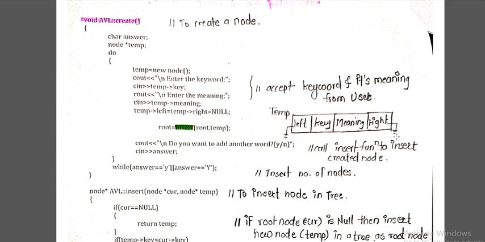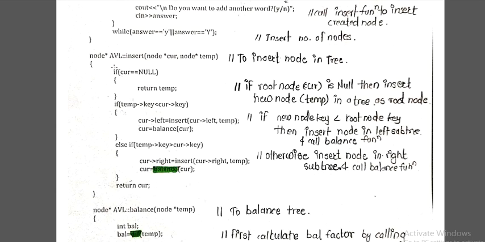Here it is mentioned as null, and after creating that node we have to insert it in our AVL tree. So we call the insert function. You can see that the insert function is called here, where we are passing the root and the temporary node that we have created. So temp is passed over here. If the user wants to enter more nodes, we ask them: if they want to enter, say yes, otherwise no. In this way we create the node, and to add that node we call insert. Now let's see the insert function.